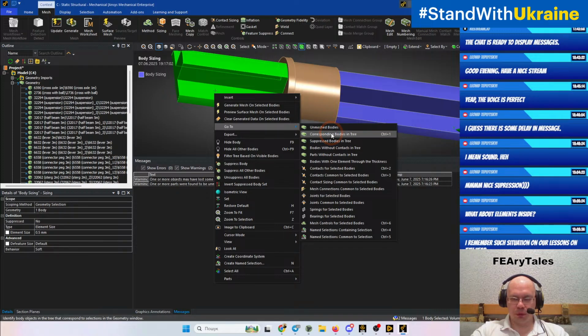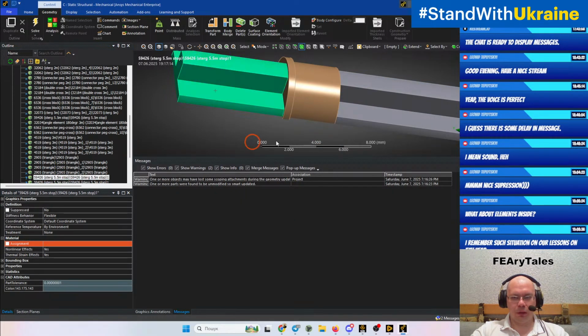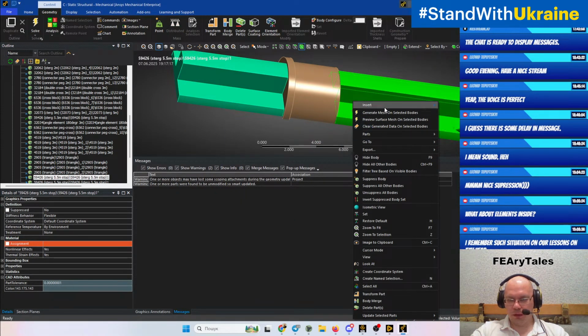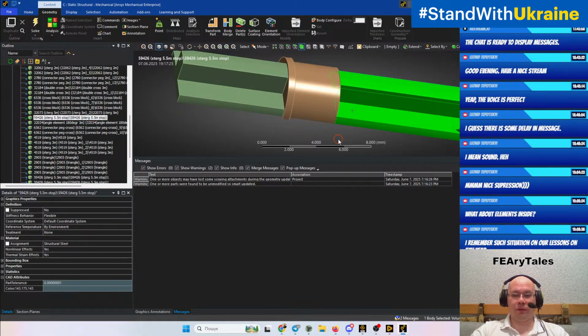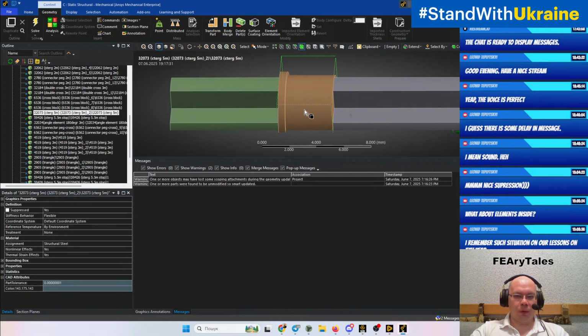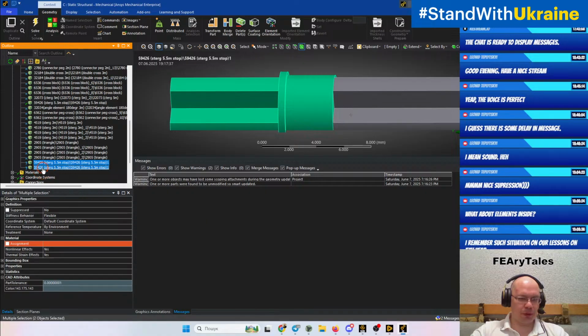Go to corresponding bodies and tree. Nope, this is old. Yeah, I don't remember which color it was. I'm not color blind, but yeah, it was the gray one. So these 2 new bodies don't have any material properties, as you can see, and it's not a